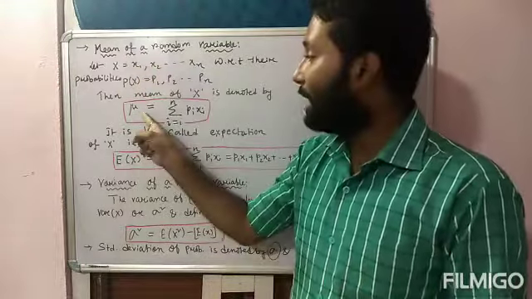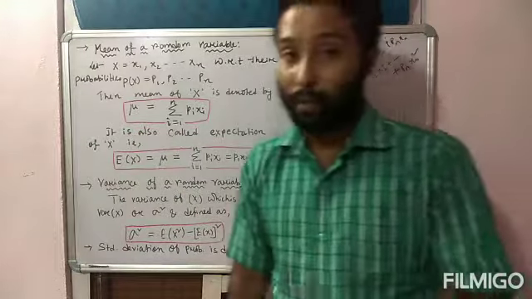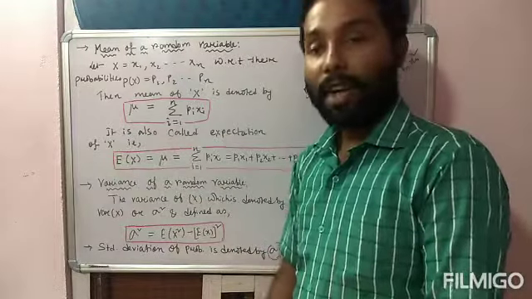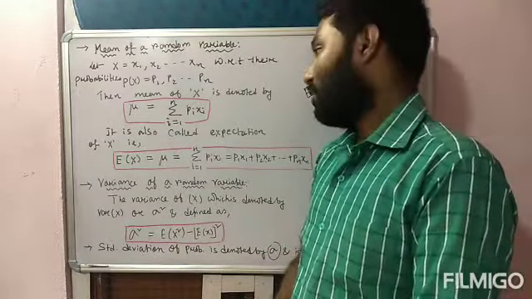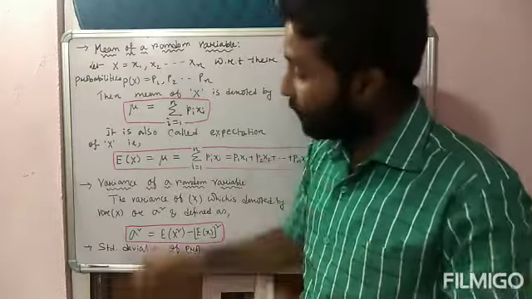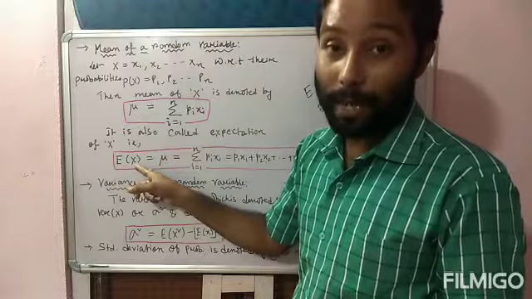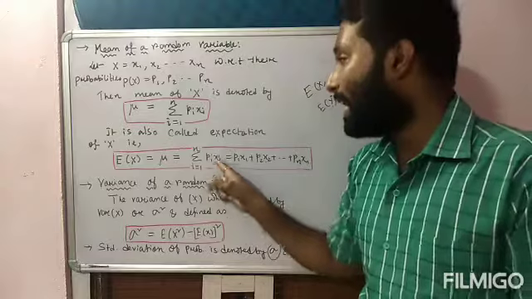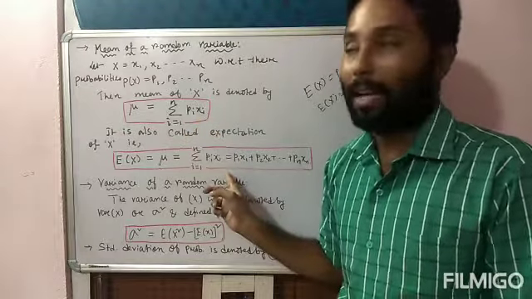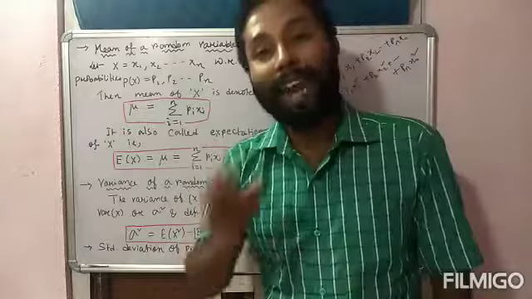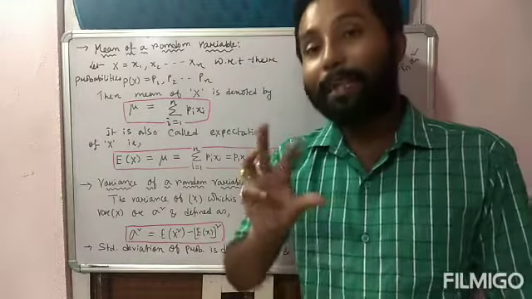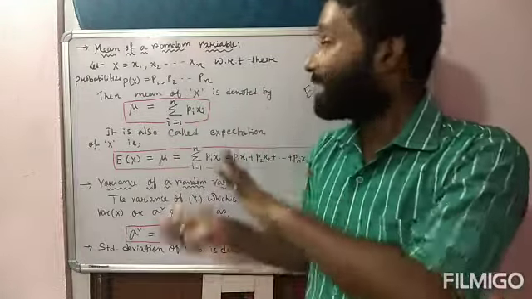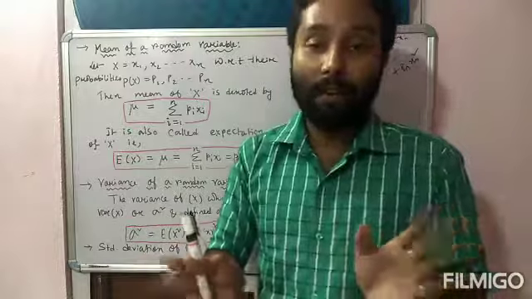Okay, so mean of a random variable is denoted by mu, and it is also called expectation of x. Okay, so mean of x is also denoted by expectation of x, and expectation of x is denoted by E of x, E for expectation, which is equal to mu, summation I from 1 to n pi into xi. सेम फॉर्मूला ही यूज करना पड़ेगा. एक्चुअली मैं दोनों क्यों दिया, कभी कभी क्वेश्चन में डायरेक्ट मीन फाइंड आउट करने देता है, नहीं तो कभी कभी मीन के जगह में ऐसा पूछता है कि फाइंड आउट द एक्सपेक्टेशन ऑफ एक्स, सो दैट यू नॉट गेट कंफ्यूज. मीन और एक्सपेक्टेशन सेम है. ओके,